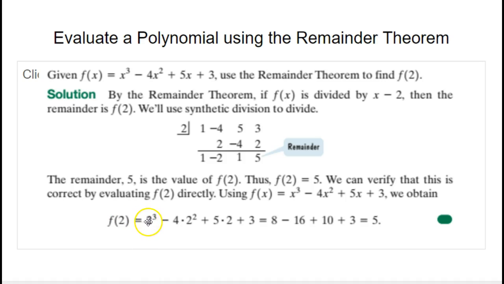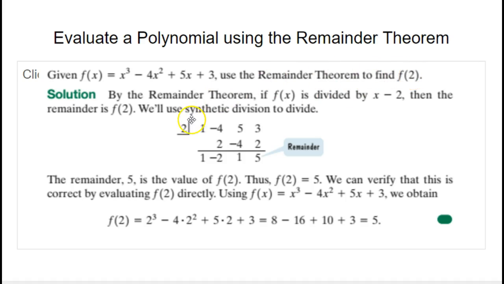F of 2 equals, we replaced the x up here, the x cubed, it's now 2 cubed. Instead of -4x squared, it's -4 times 2 squared. We're just replacing each x with the number 2. That answer, when simplified, is 5. This entire objective is showing you that if you chose to use synthetic division instead, you could take this 2,